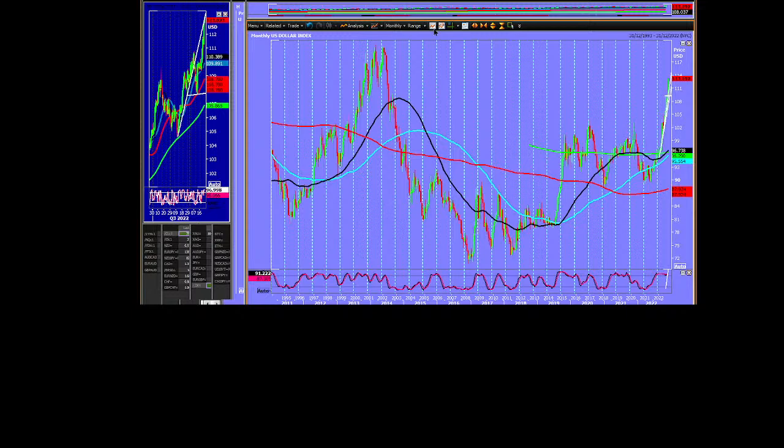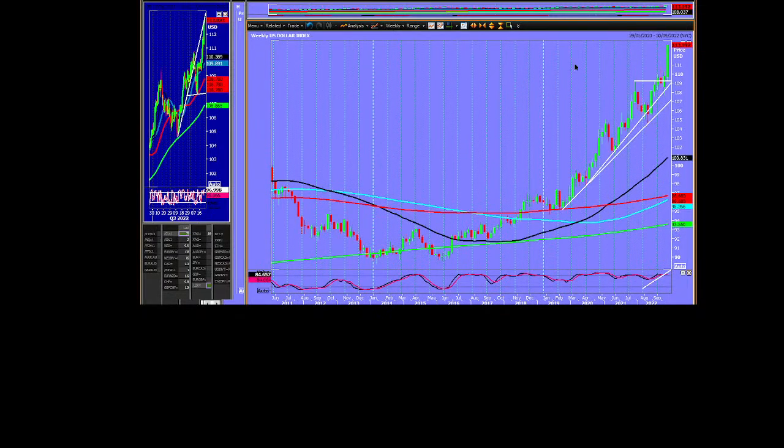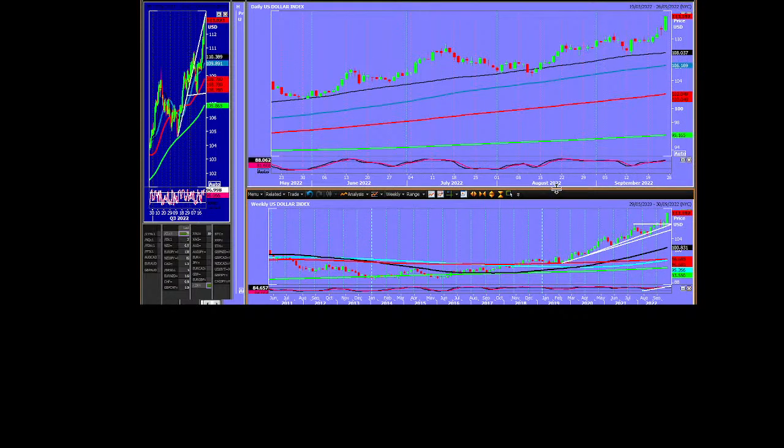The dollar certainly doesn't seem to be in any mood to stop. We closed 3 pips off the high of the week. So it's not like we went up and retraced a little bit. You could say we're so overbought we might pause. There is none of that. This dollar is absolutely roaring away, and I can't see another safe haven in financial markets right now. We'll see if that continues, but that is indicative to me of panic as well. Dollar pushing to the 120 level.